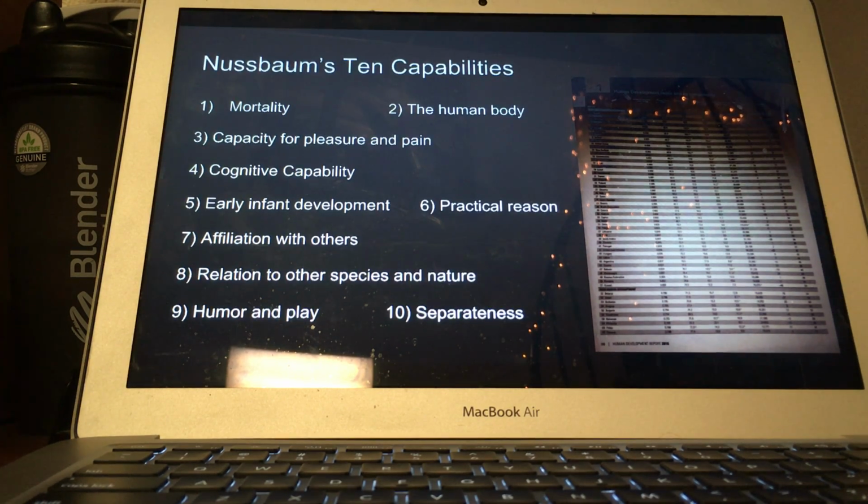being human. These capabilities and limits represent what is essential to being human, what sets our species apart from all other species. This makes them Aristotelian. The more in touch humans are with the items in this list that are capabilities, such as humor and play, cognitive thinking, and affiliation with others, the more well-lived the human life is. Thus, the greater capacity that the individual has to experience the items above, the closer the individual is to a